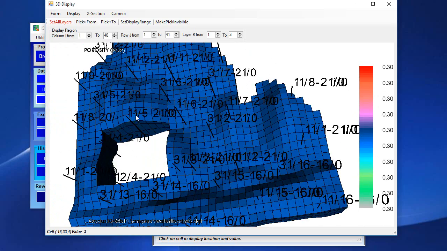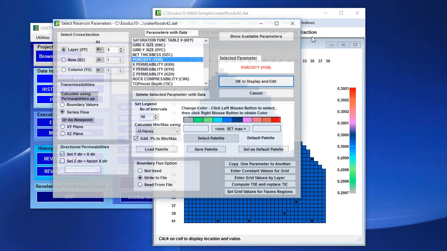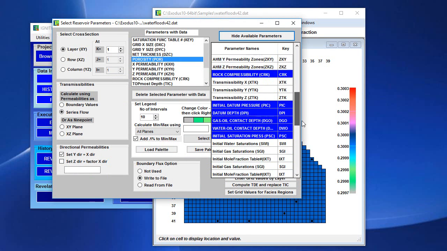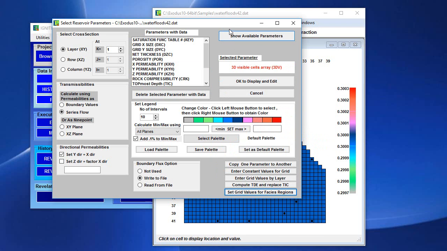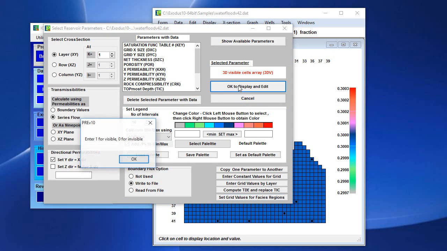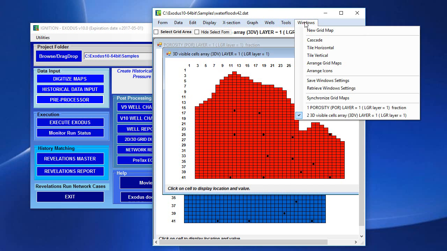So in the preprocessor, there's an array, a grid cell parameter. Let's close this thing. So let's create a new window, create a new grid map. This is a parameter called 3D visible cells array. This will give you a more permanent selection of the invisible cells. So let's OK for that. It says 1 for visible, 0 for invisible. So now I can have two windows,